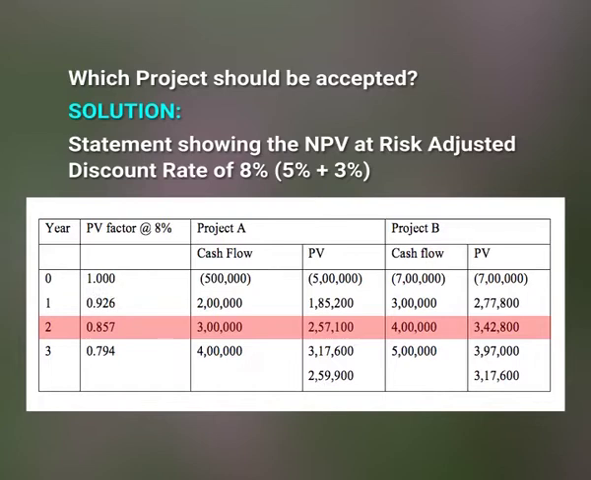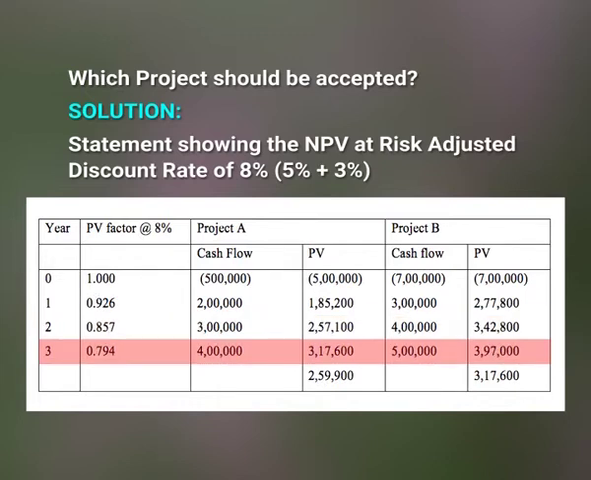Then for the second year, the PV factor at 8% is 0.857, cash flow is 3 lakhs and present value is 2,57,100. Then cash flow for project B is 4 lakhs and present value is 3,42,800. Then for the third year, the PV factor at 8%, cash flow we can see is 4 lakhs, then present value is